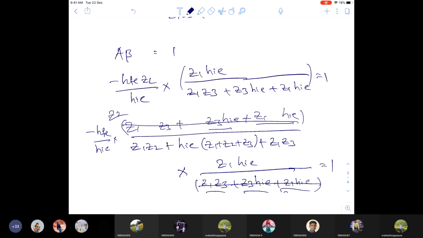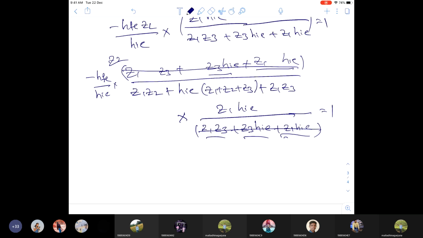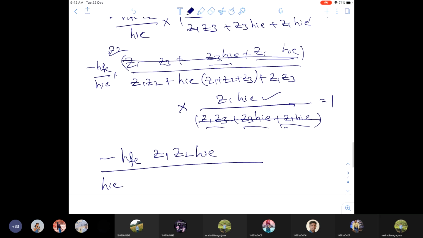This portion and that portion cancel. So finally minus HFE Z2 into Z1 HIE, so Z1 Z2 HIE divided by HIE HIE. So HIE and HIE just cancel. So finally Z1 Z2 plus HIE into Z1 Z2 Z3 plus